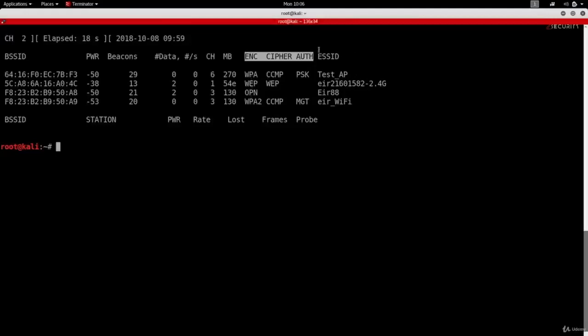And finally, you can see we have the ESSID section, which shows the name of the network. So this is what you see when you look for networks in your network manager. So that's it for this lecture. I just wanted to give you a quick look on how to discover all the networks around us using Airodump-ng. Don't worry about Airodump-ng too much now. We're going to be using it a lot in the next lectures, and you'll get very comfortable with using it as we go through the course.